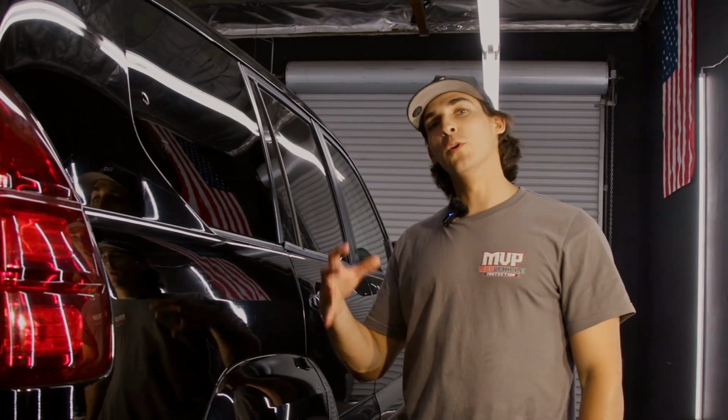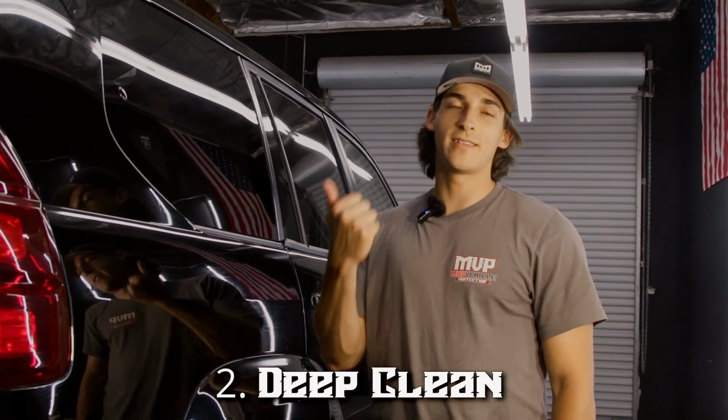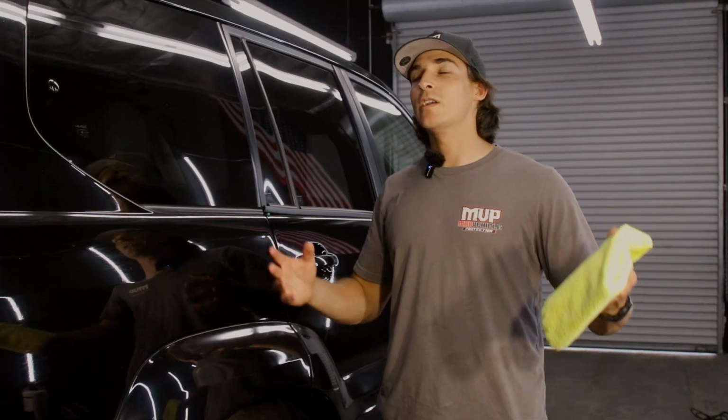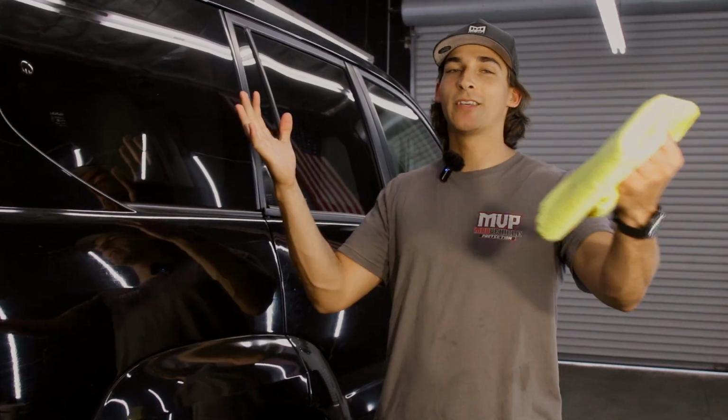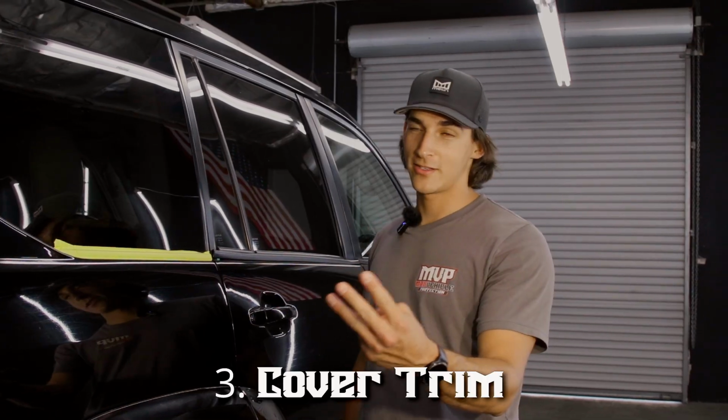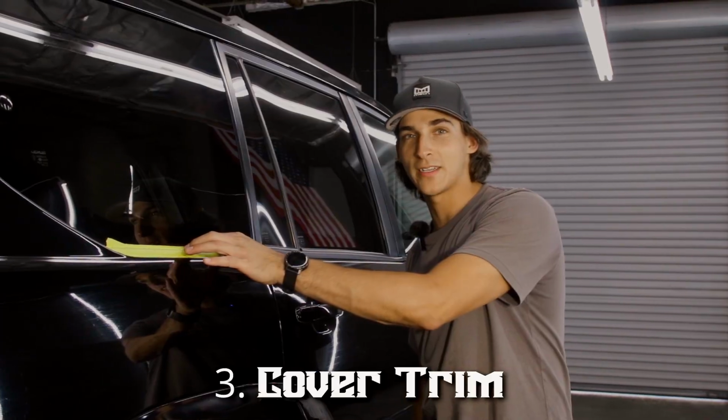We break this down into multiple stages. First is going to be the clay bar. Second is going to be the iron remover. For today's example, we are just going to be wiping down this panel because this car was just washed and clay barred last week. 3 is going to be protecting your plastics and your rubbers,